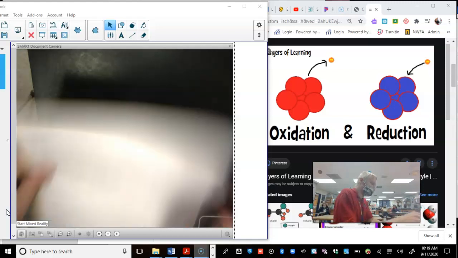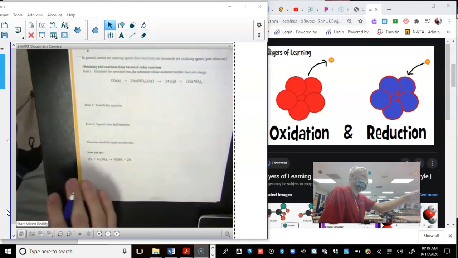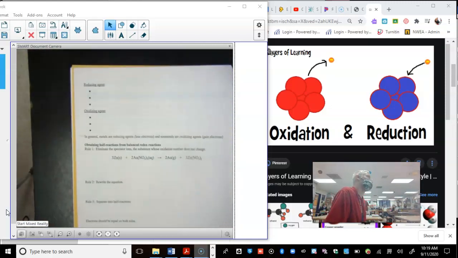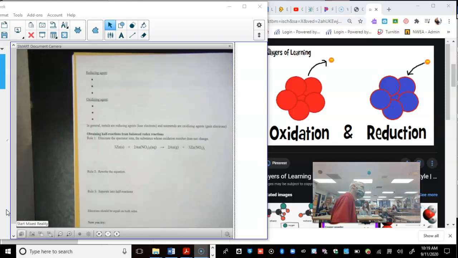All right. Okay, so getting into some concepts, we have reducing agent and oxidizing agent. What this is talking about is that what is oxidized is facilitating the reduction of something else. So a reducing agent is the substance that is oxidized,